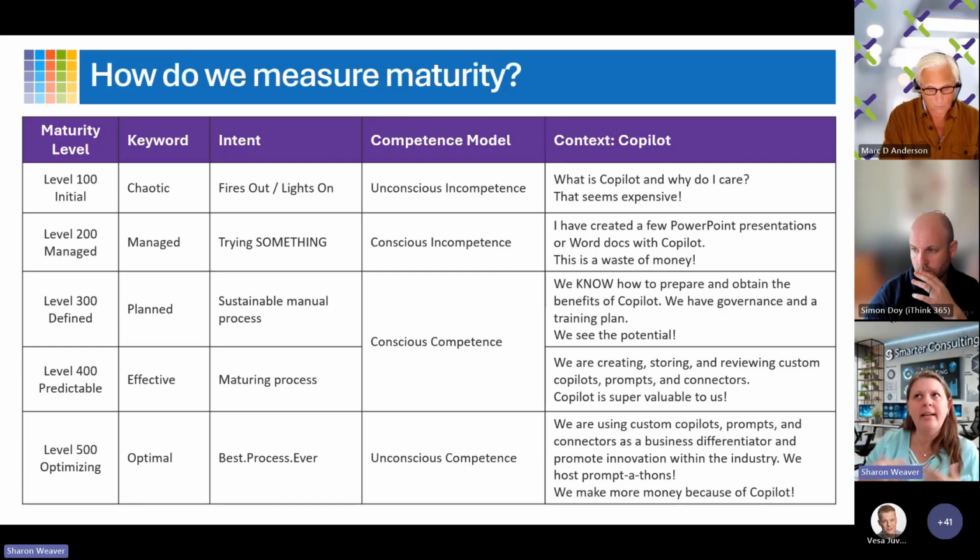And we think that as we bring it and we learn it, we'll get value out of it, and we'll figure out what that value is as we go. So you can see at level 300 how the thought and the mind change, this kind of shift in how we feel about a new product, kind of comes. At level 400, we're very predictable. You know what we're doing. We're measuring success.